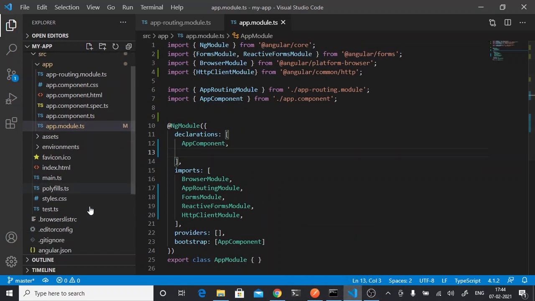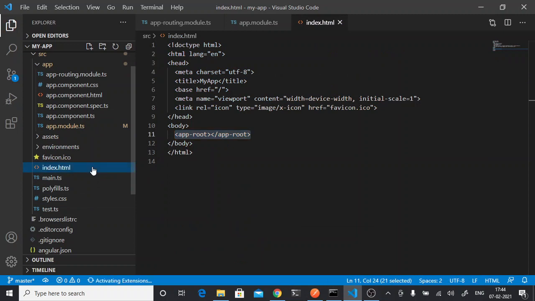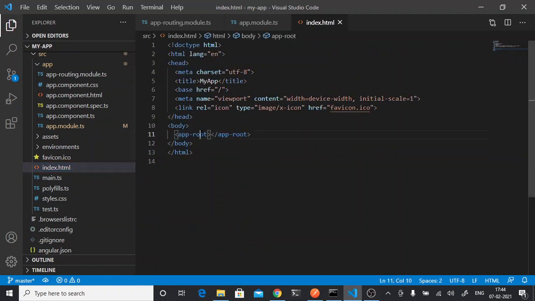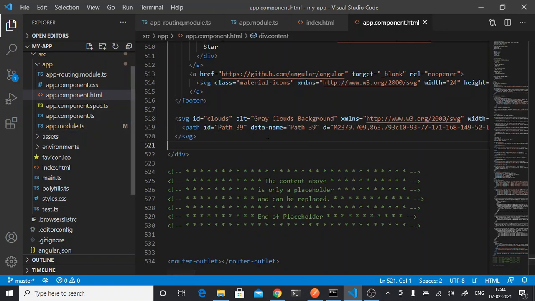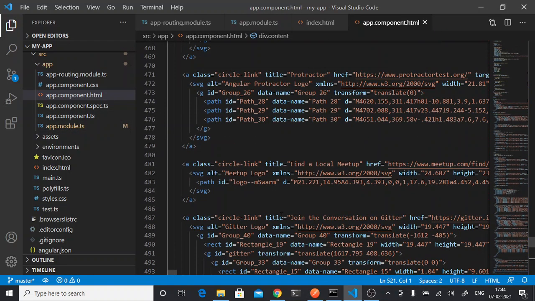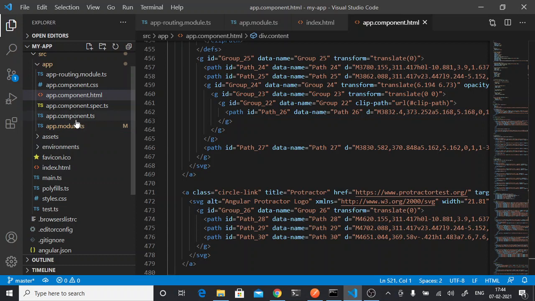Here index.html is the file which will be called first whenever your app is loaded. Here app-root is nothing but this app.component.html. Whatever is in app.component.html, that we are able to see over there. And why app-root? It is not an HTML predefined tag.